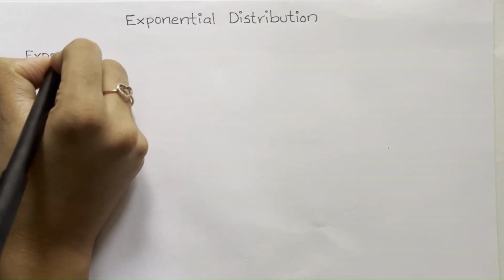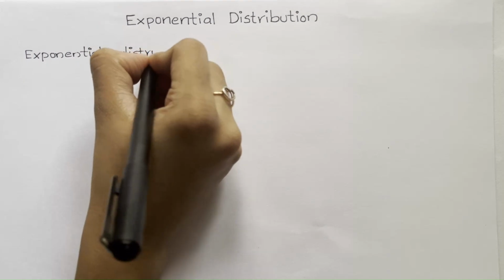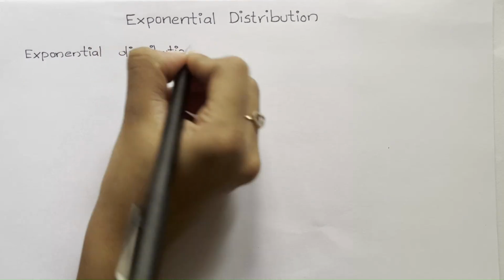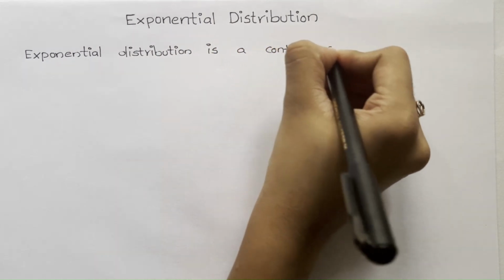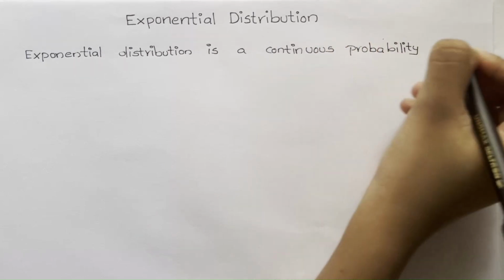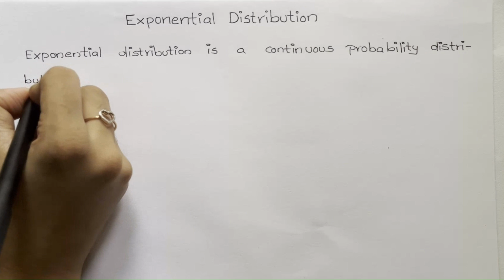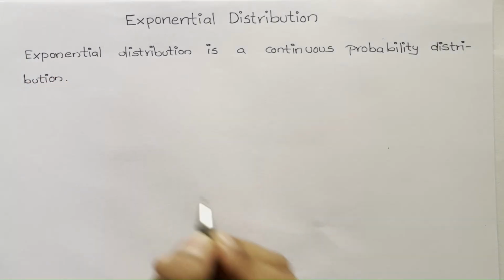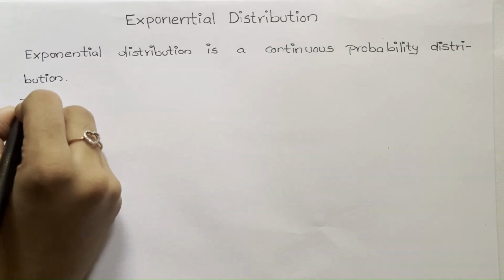Hi friends, today we have to discuss exponential distribution. Exponential distribution is a continuous probability distribution. A distribution is continuous if it has infinite values. That is, the exponential random variable x is any value that is greater than 0. The exponential probability distribution is